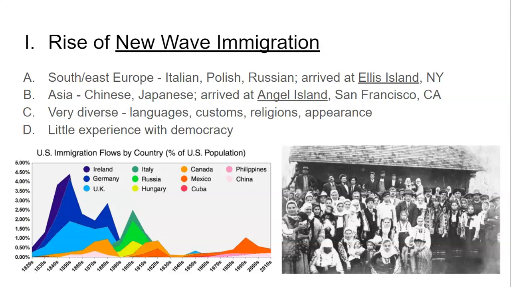So these newer immigrants are very diverse from the old immigrants, as well as very diverse from each other. They also have different appearances, skin tones, facial structure, that kind of thing. And they also have very little experience with democratic institutions. And so, for all these reasons, these newer immigrants are going to face a lot of discrimination in the United States. And they're also going to be exploited by political machines that we'll talk about later, basically corrupt governments, because of their little experience with democracy, and also because they are being discriminated against.